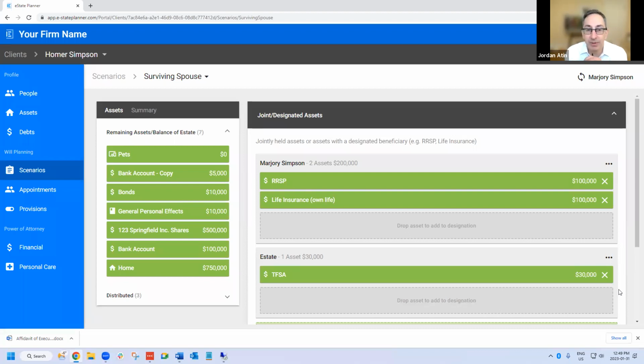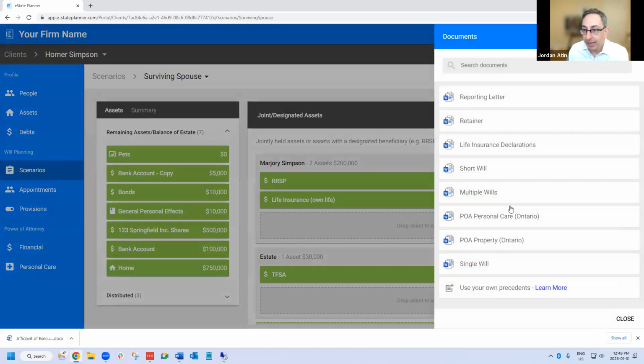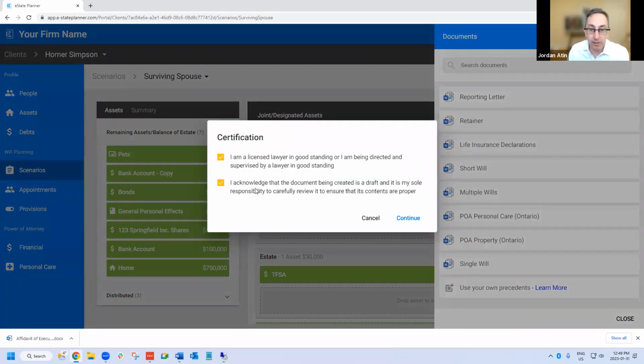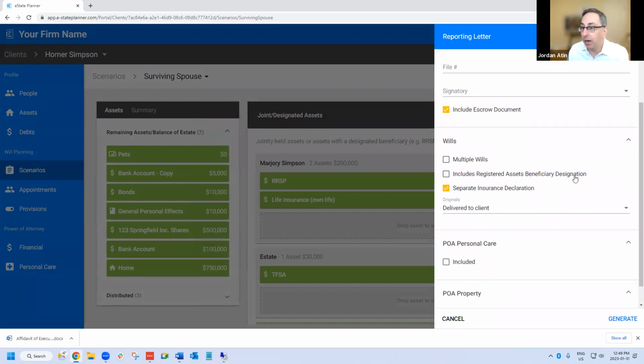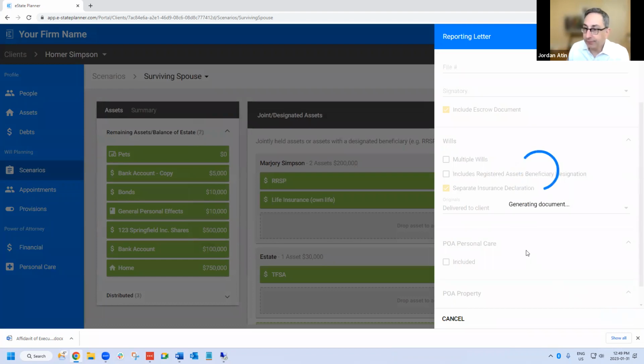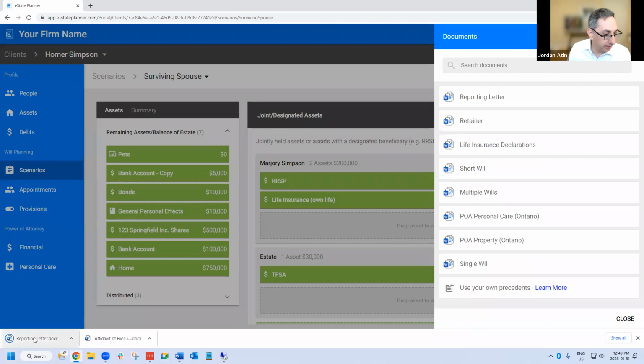I don't know if it'd be successful, but it would make you feel a little bit hot under the collar. So I prefer, if we're not going to do the designations, to at least show them the impact of that, because that's really important. And you'll know in our reporting letter, I'm just going to show you this because this ties right into that. So if we're including or excluding designations, the reporting letter will cover this off. So did I include RSP beneficiary designation? If I didn't, let me just generate this. I don't know if this will work because I haven't put in any data, but let's see what happens.